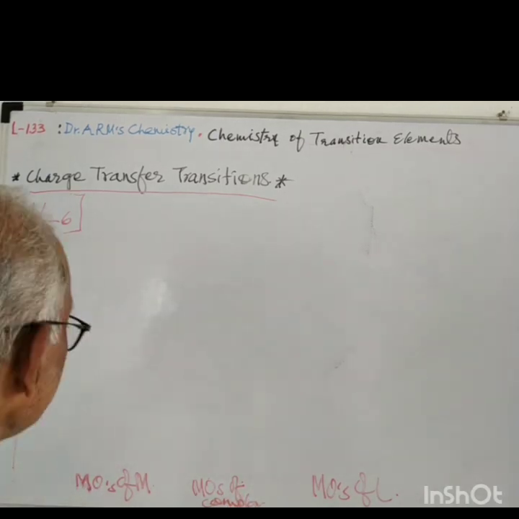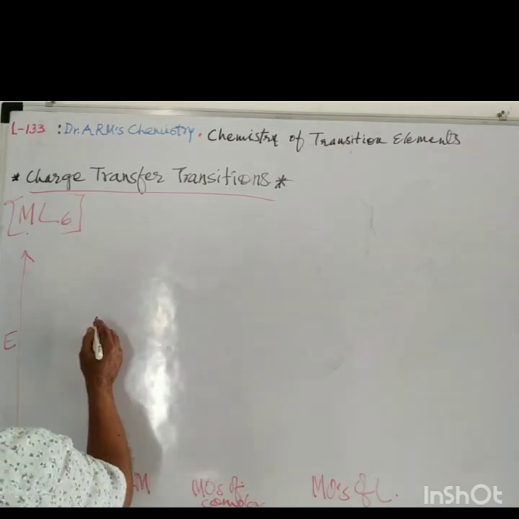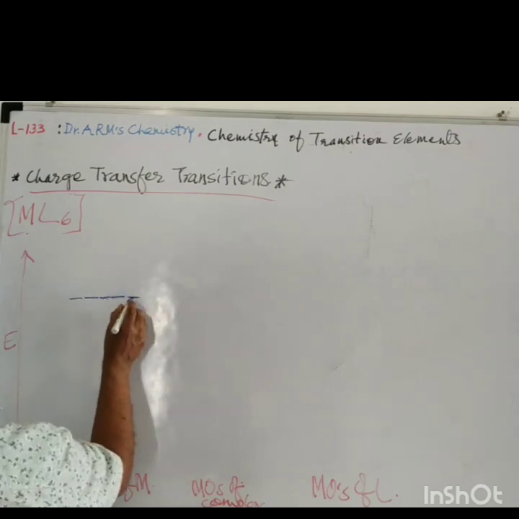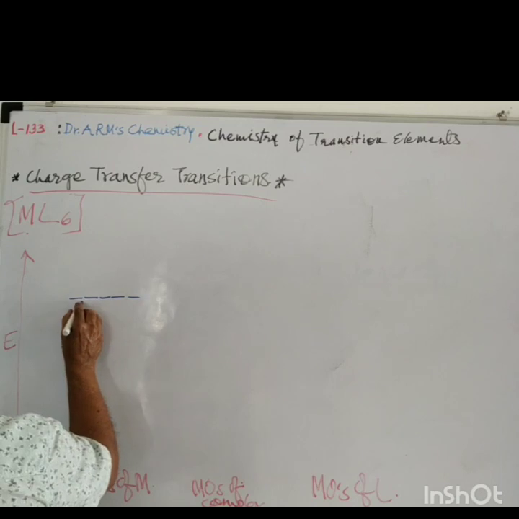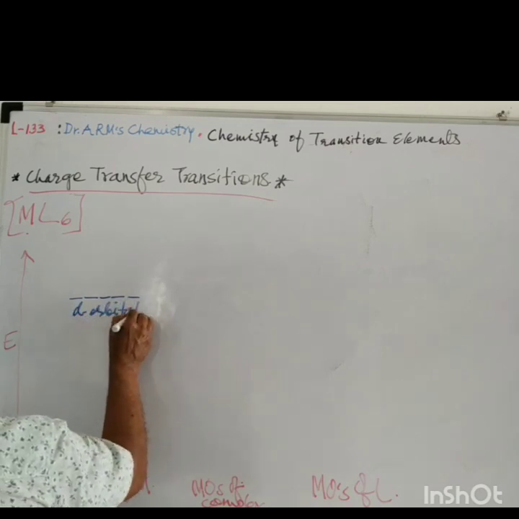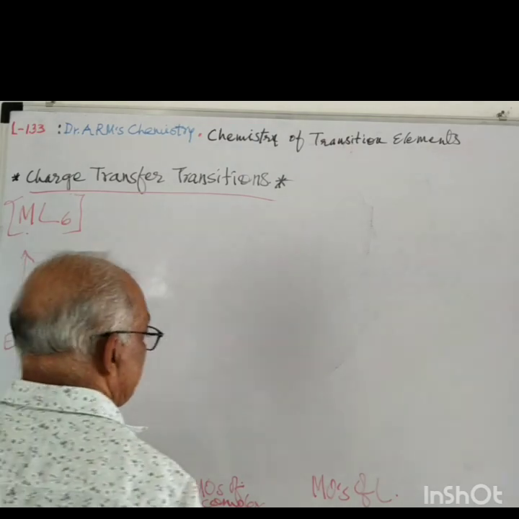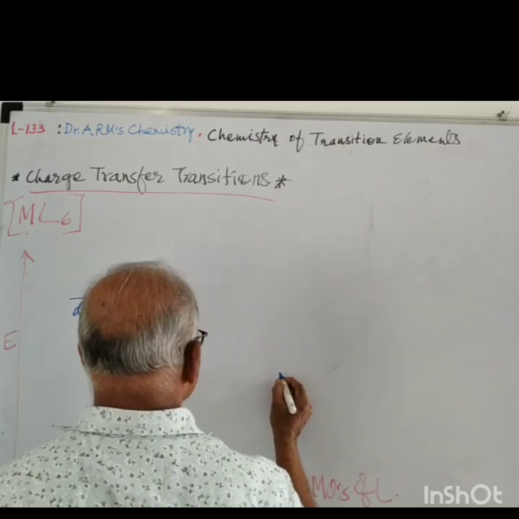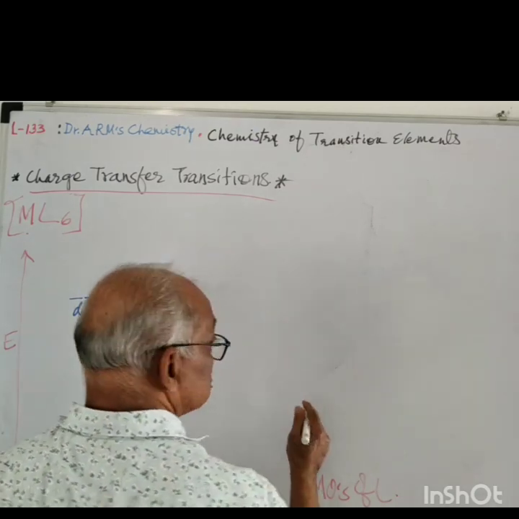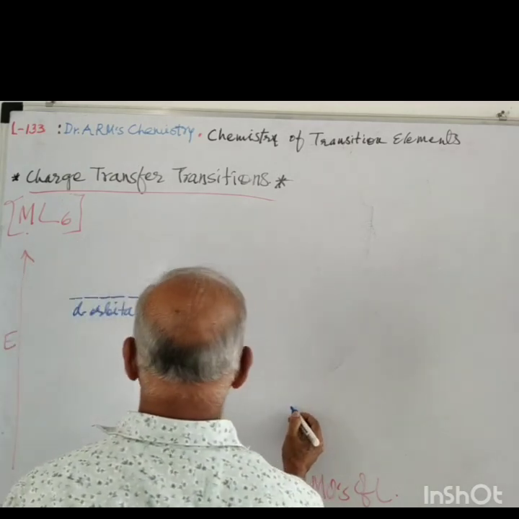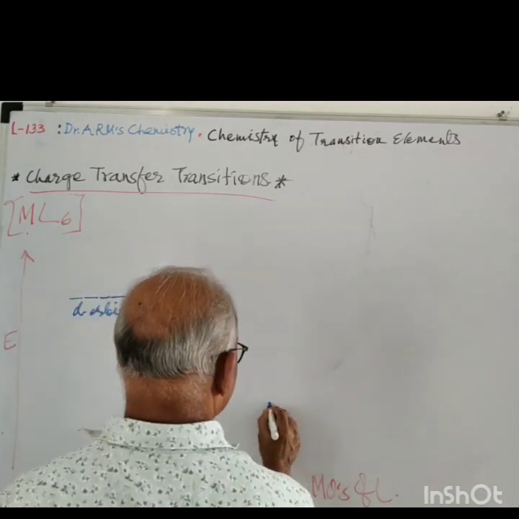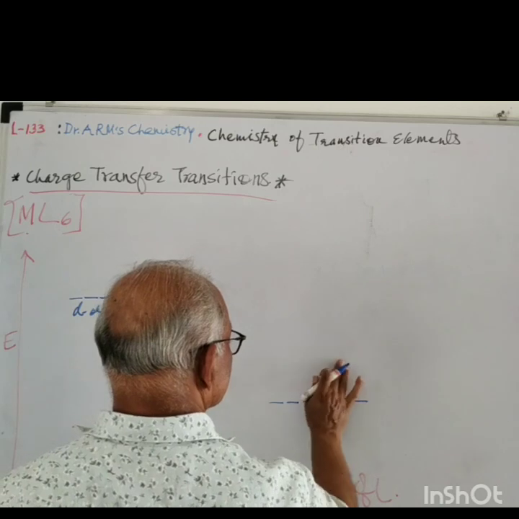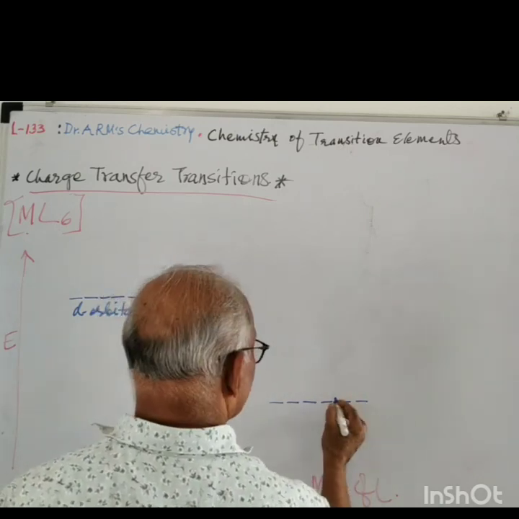Then we can show these orbitals like this. So if we find that there are these d orbitals, these are d orbitals of the metal ion, and we can have the orbitals of ligands. These also have two types, sigma and pi type of molecular orbitals. If we present these orbitals like this, these are, say, the sigma